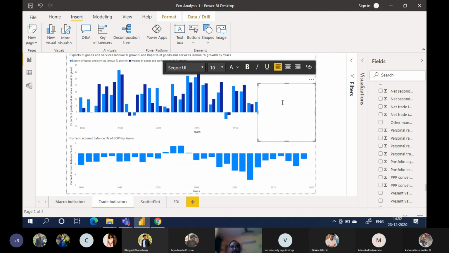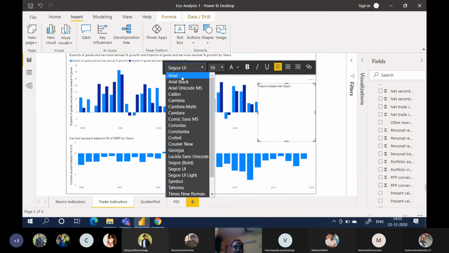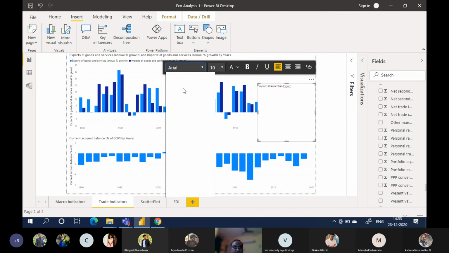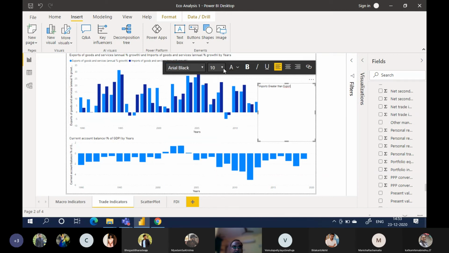So you can say imports greater than exports. I think you can increase the font size. So let us change it from Segoe to Arial Black and make it 12, or Arial Black, make it 14. Okay.